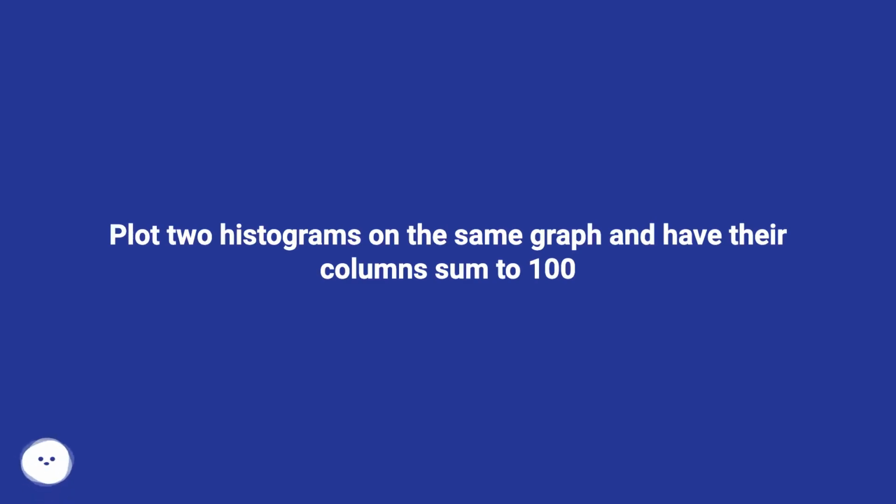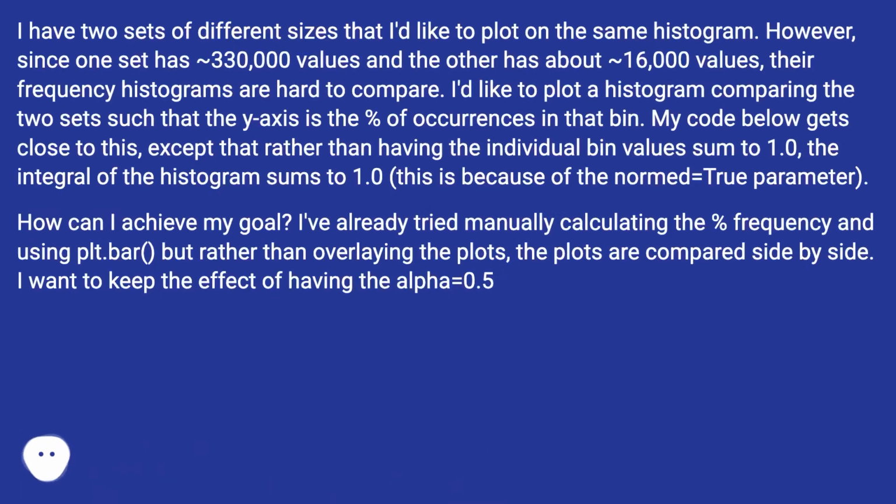Plot two histograms on the same graph and have their columns sum to 100. I have two sets of different sizes that I'd like to plot on the same histogram. However, since one set has 330,000 values and the other has about 16,000 values, their frequency histograms are hard to compare. I'd like to plot a histogram comparing the two sets such that the y-axis is the percent of occurrences